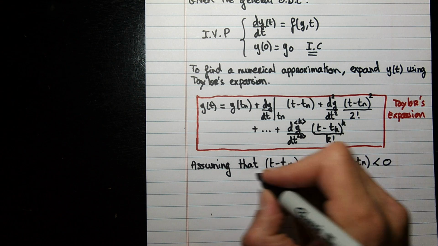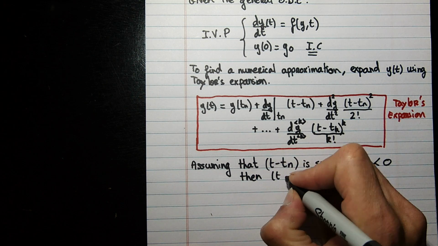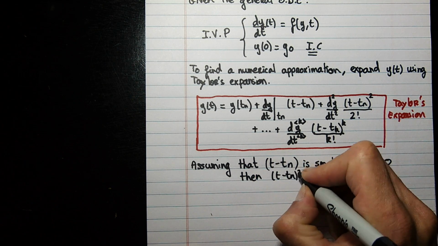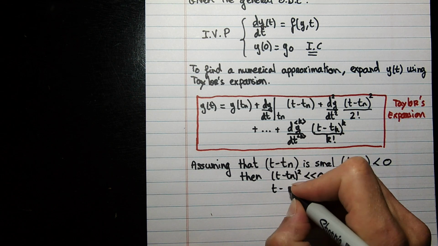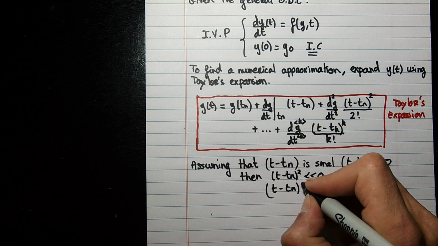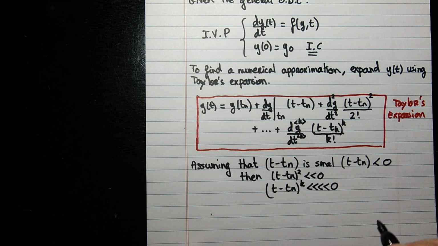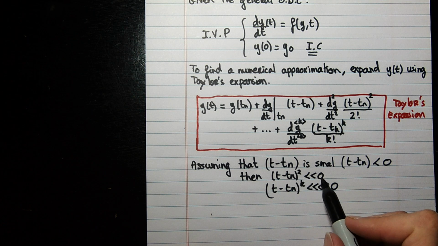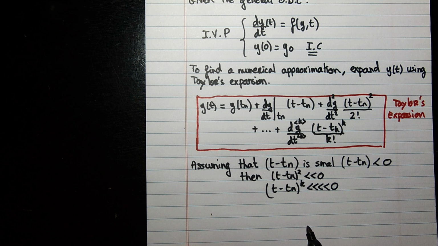Then in that case, what happens? We're going to have that (t minus t sub n) squared would be even smaller, and (t minus t sub n) to the k would be even smaller. So we can neglect the higher terms because they will be very small compared to t minus t sub n, and in that case